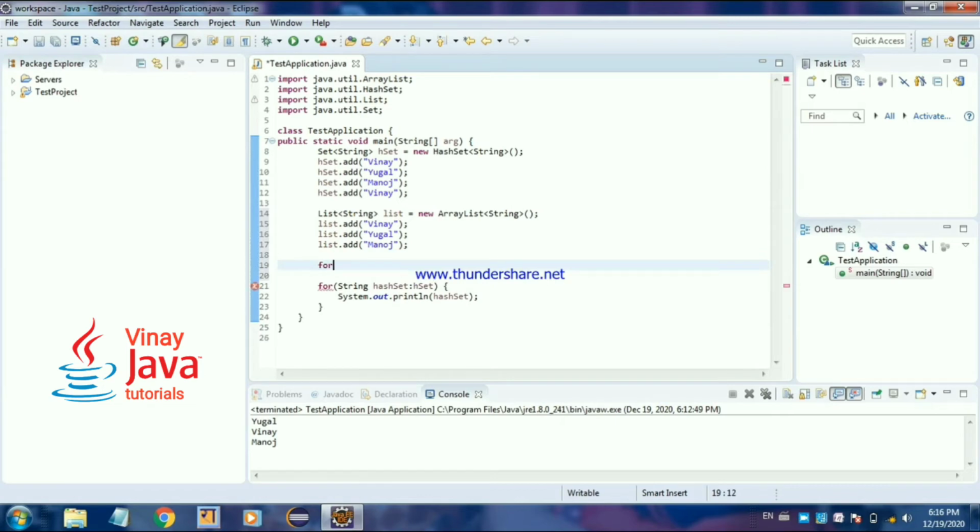The simple way is the for loop method. In the for loop, after the parenthesis I will put the type of the list, then after a colon I will put the list object in which my elements are stored, and one by one I will put the variable in which the list elements will be stored. Suppose